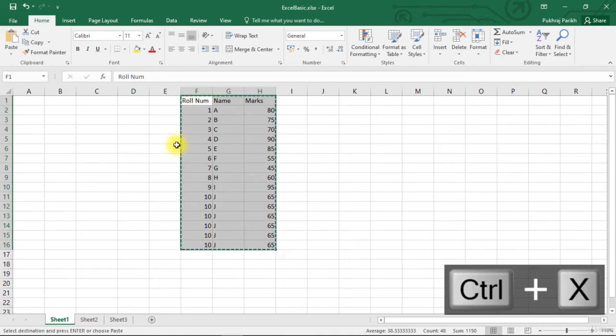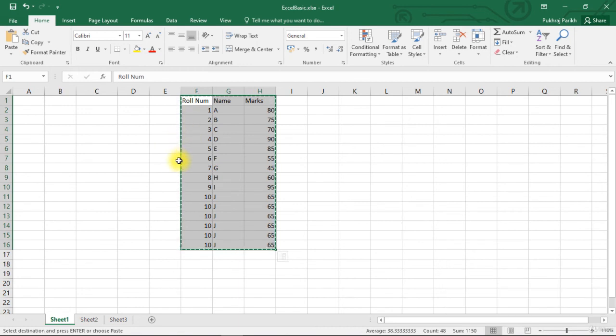Also note that if you have cut the selected area by mistake, that is, you selected the entire table and you have hit Ctrl+X, but you do not want to cut this part, you do not want to move it to any other location, but you can see that this area is ready to be transferred because there is a dotted border around it. To clear the selection, that is to cancel our cut operation, you just need to press the Escape key and that will cancel the cut operation. The entire table is still selected, only the cut operation is cancelled.